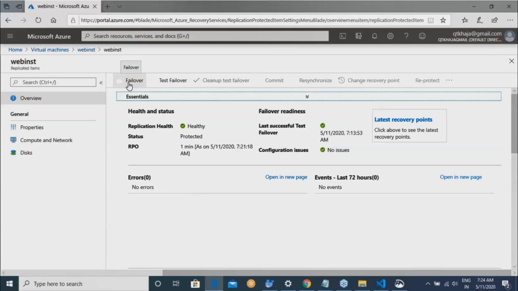Am I clear on this? Once you do failover, then a reprotect option comes back. Reprotect is bringing back to the actual source.